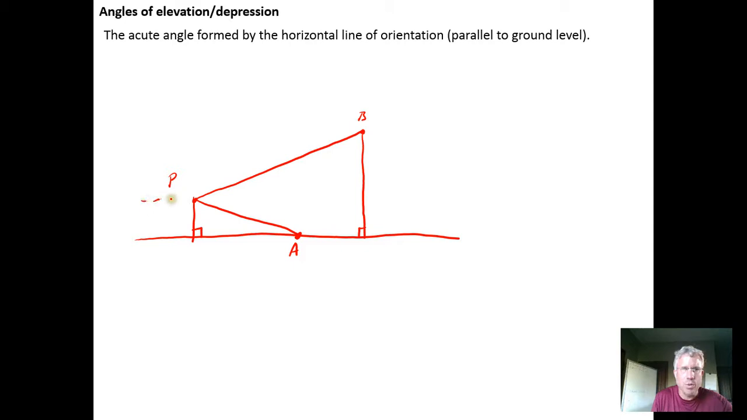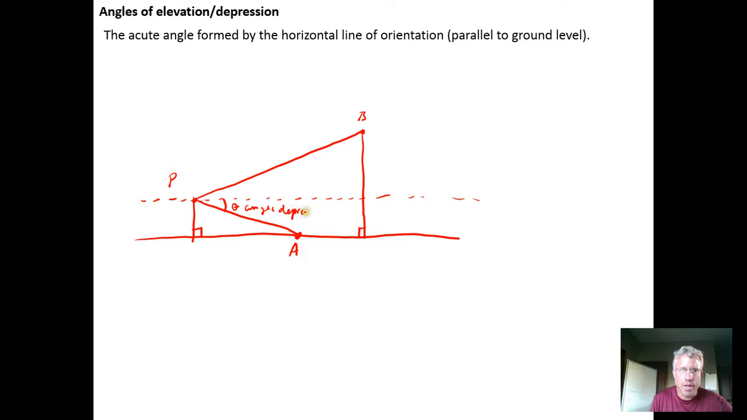So when you're looking at an object, you identify angle of elevation and angle of depression by establishing a line through your viewpoint. If we're viewing things from this point P, we establish a horizontal line through that viewpoint that is parallel to the ground. And if we're looking from P down to A, this acute angle formed by the horizontal line through your viewing position that is parallel to the ground,